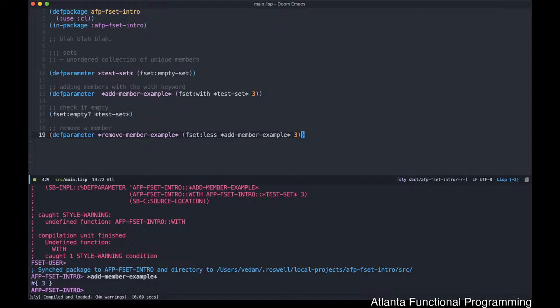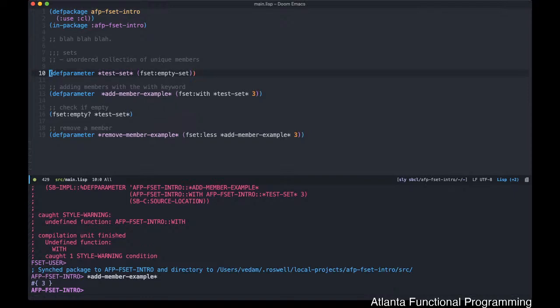So I'm trying to show you two different ways of using this. Now, the FSet Q stuff that I've been using so far works well with FSet User. If you're in your custom defined package, like up here on line 2, and you say that you want to use FSet User, you'll end up having access to some of those APIs. I discourage that just because it might hide some pernicious things. It'll be better just to go ahead and approach it this way, which is using standard Common Lisp for